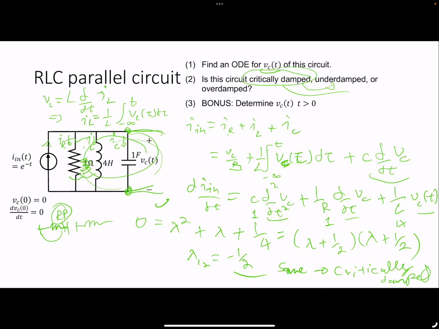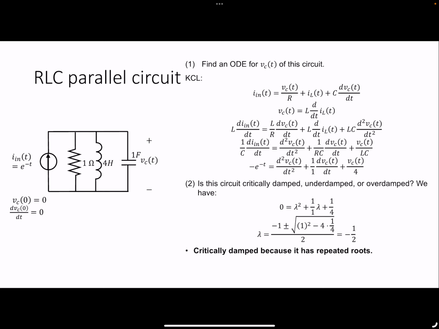Are there questions about this? Okay, so if we go from 1 ohm to 3 ohms, it becomes underdamped for the parallel case. Okay,